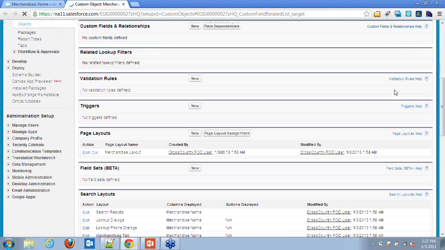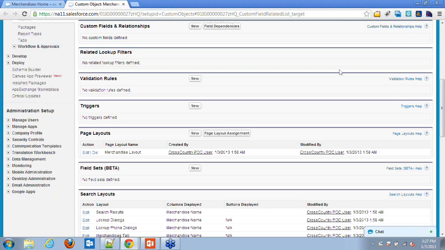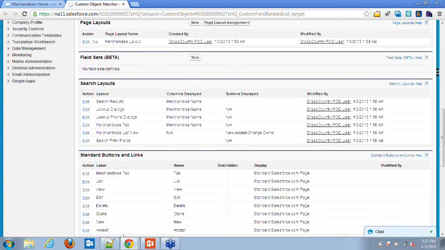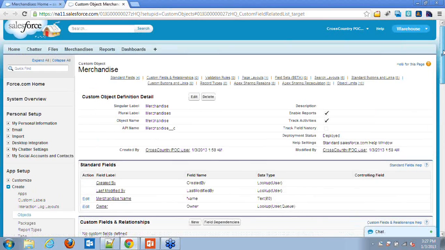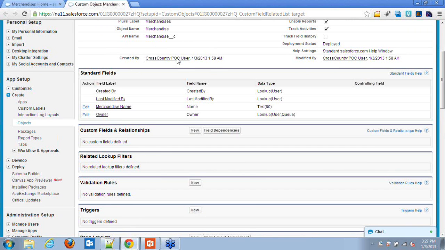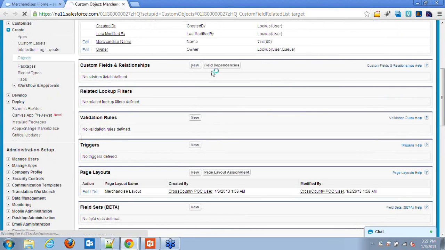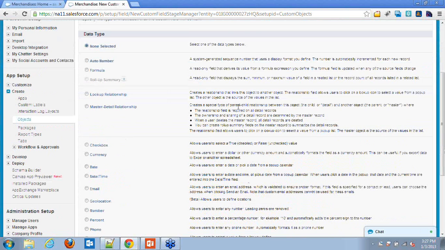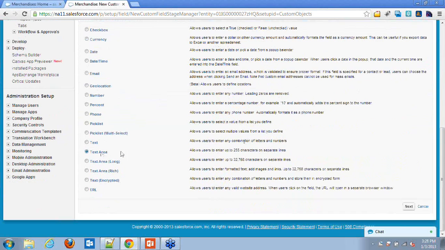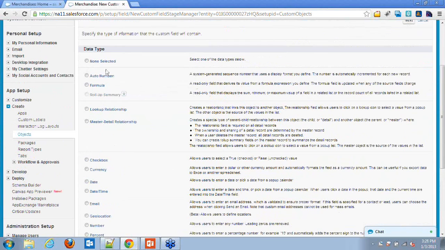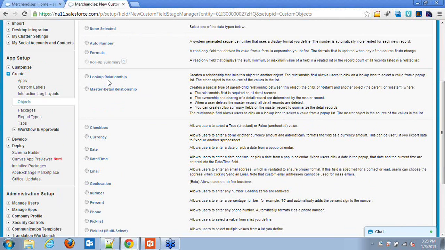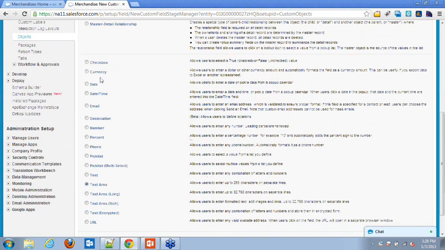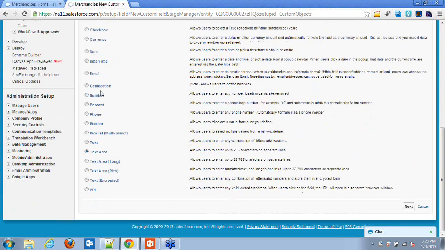Now let's add some fields to it. So this is the screen where you can see your first object, and here you are going to create the custom field for it. Let's add first field as our data type text area. Here you have different data types: the auto number, formula, checkboxes, currency, date, date time, number, percentage, pick list, URL.